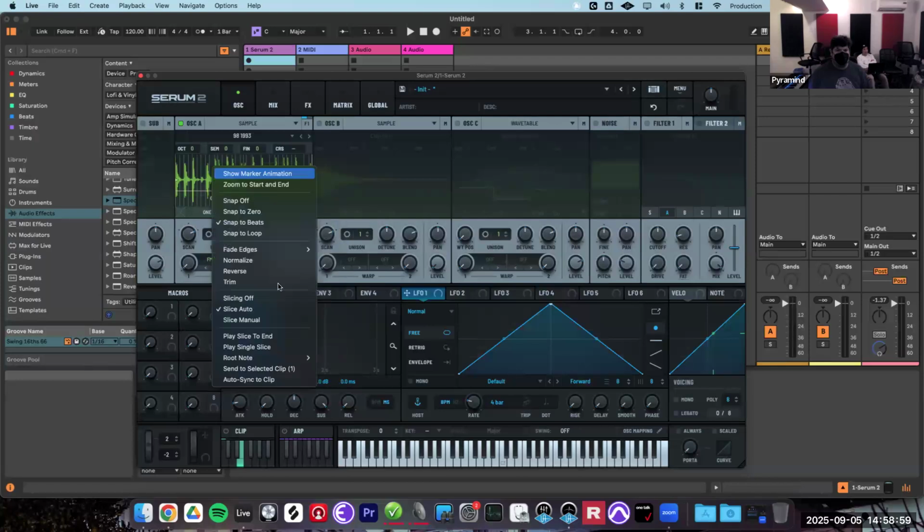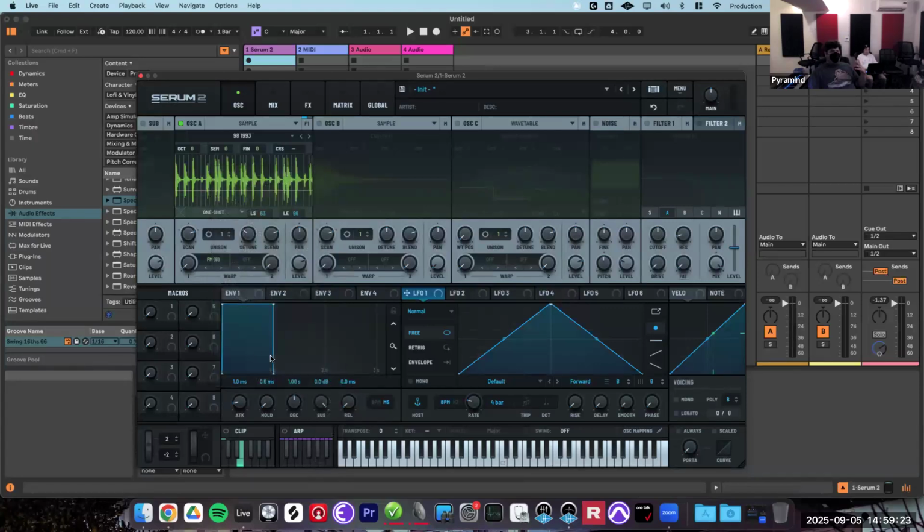And then another thing that you can do here is change the root note of that sample when you're in slice mode, right? So you can only change by octaves. When you're in normal slice mode, it assigns the different MIDI notes of your MIDI controller or keyboard or your MIDI clip to different slices of the sample. But in this case, you can pitch the whole thing down by an octave, and now when we're playing it,